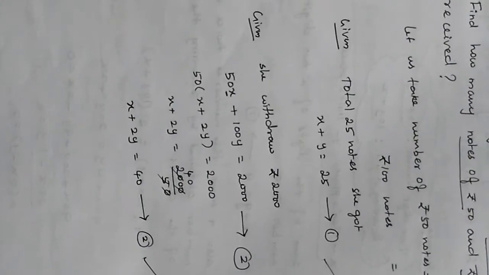So let's get into the next question. Here we have the last question. A lending library has a fixed charge for the first 3 days. So the first 3 days is a fixed charge and an additional charge each day thereafter. So after 3 days, every day they are taking some extra amount.